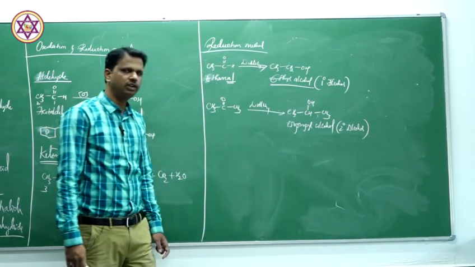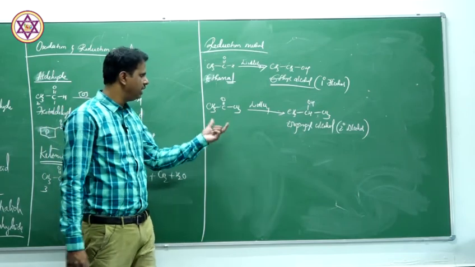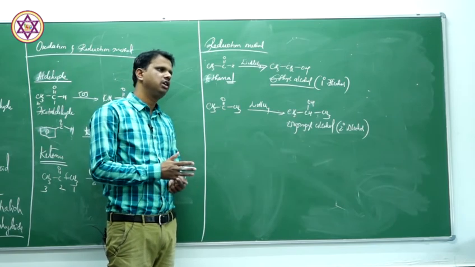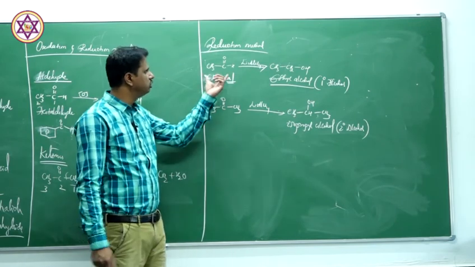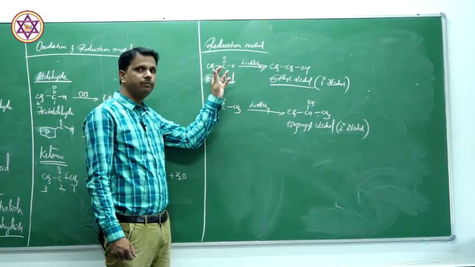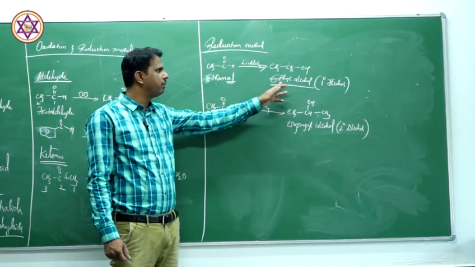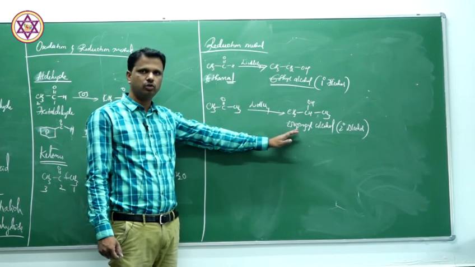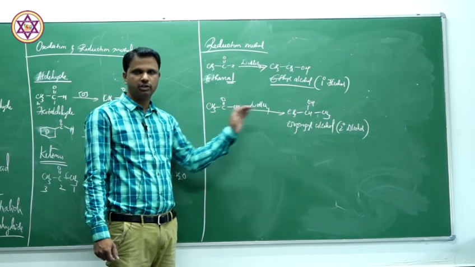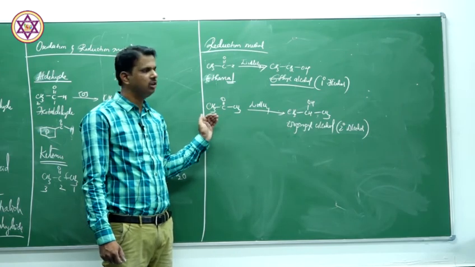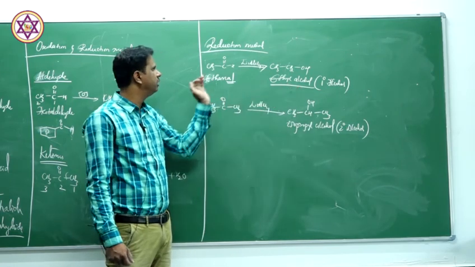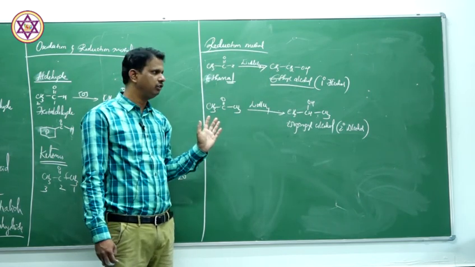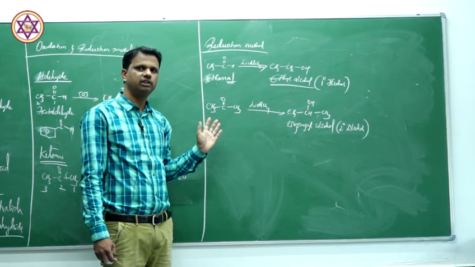So, what is the conclusion here? Suppose imagine that you want to separate aldehydes and ketones. Through this reaction we can conclude that aldehydes undergo reduction to give primary alcohols, whereas ketones, on reduction, give secondary alcohols. If secondary alcohols are obtained, the starting material must be a ketone. If primary alcohols are obtained, the starting material must be an aldehyde. So, this is the distinction between aldehydes and ketones using oxidation and reduction methods.